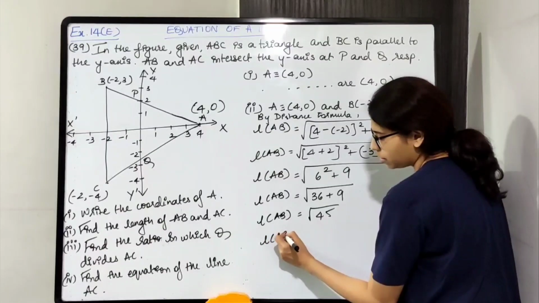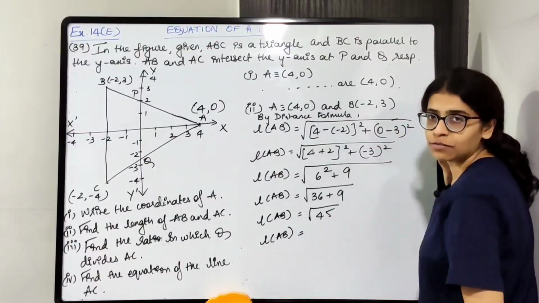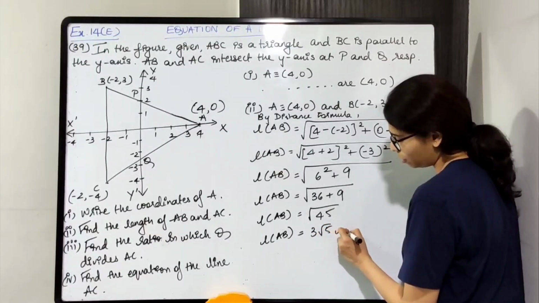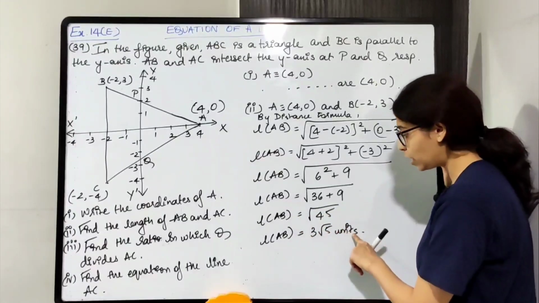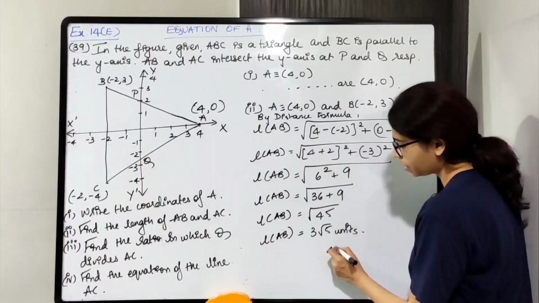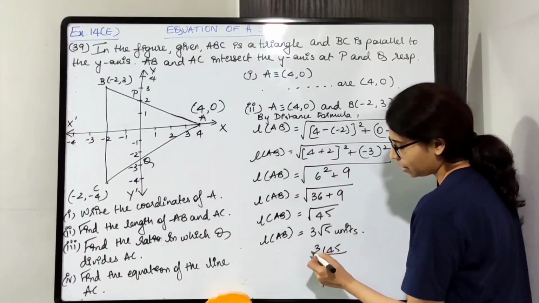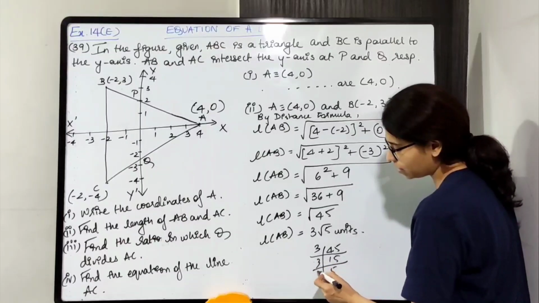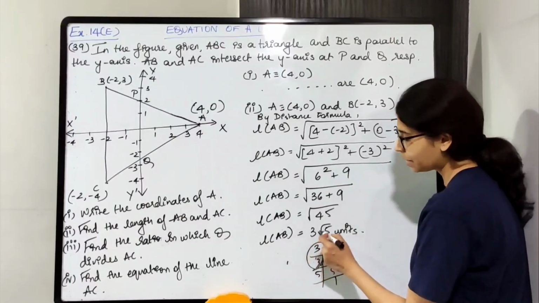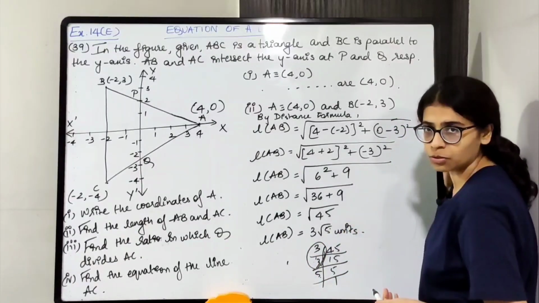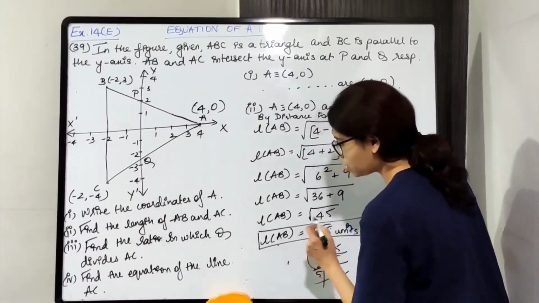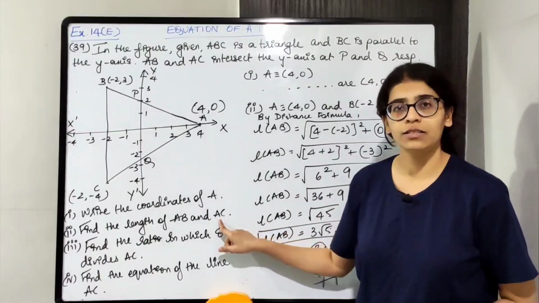So over here, 45 को factorize करो, so you should get 3√5. Okay, units, don't forget to write units. All right, so length of AB we are getting as 3√5 units. All you have to do is factorize. 3 15s are, 3 5s are, 5 1s are. So 2 का group बनाओ, एक ही 3 बाहर आएगा, 1 3 and 5 remains inside the root. Okay, so we got the length of AB. Box कर दो 3√5 units, and same way we'll find the length of AC.